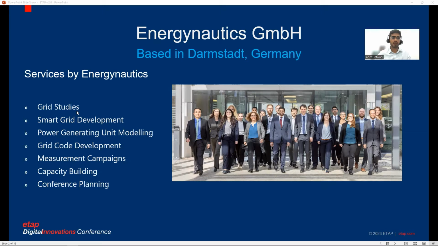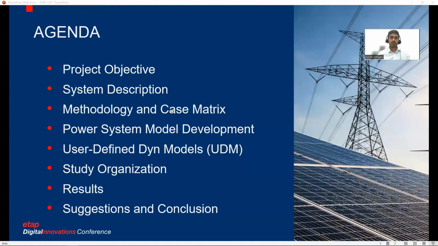power systems. We have also been involved in smart grid projects such as smart metering, smart charging, and remote monitoring of renewables. We are also quite familiar with grid codes around the world, having reviewed and drafted some of them. And through our workshops and capacity building projects, we regularly contribute towards the discussion of renewables in power systems. So it was one such grid integration study that we carried out for our client that I'm going to